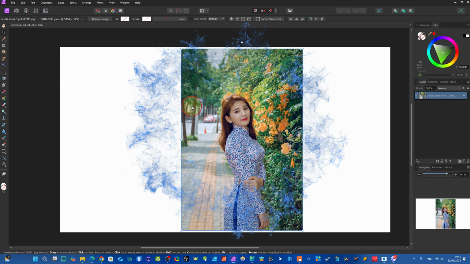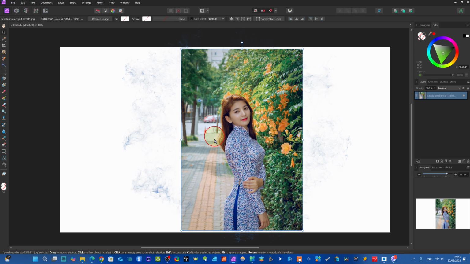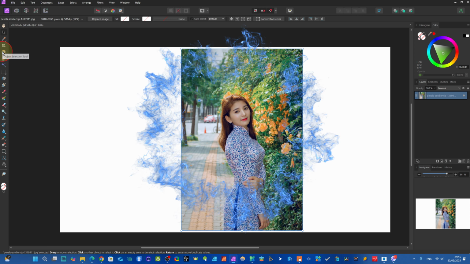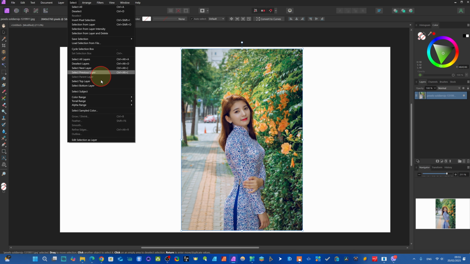Dear friend, the third exciting AI feature in Affinity Photo is the subject selection tool. We learned about the two features of object selection tools, how to apply them on our photo, and now we come here for the subject selection tool, dear friend. And here you have to come, you see the file, edit, text, document, layer menus. You have to come here to select, and you see Select Subject.